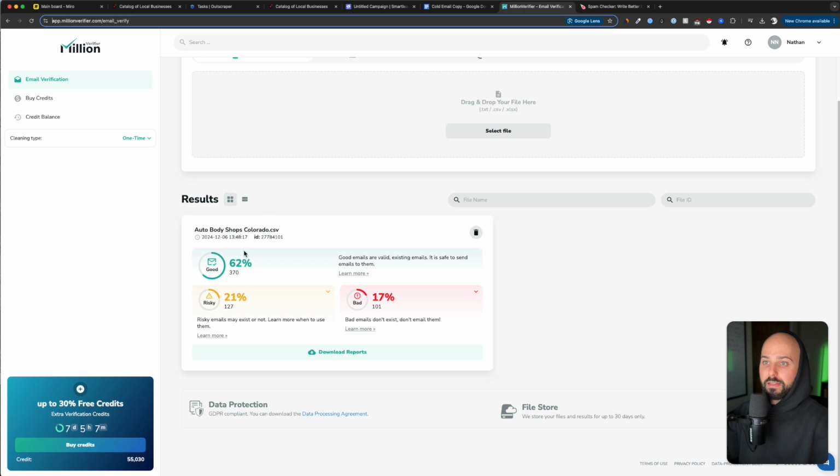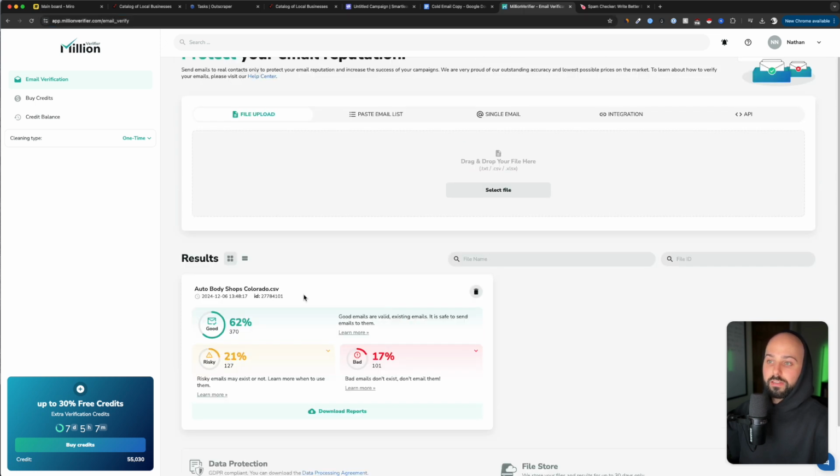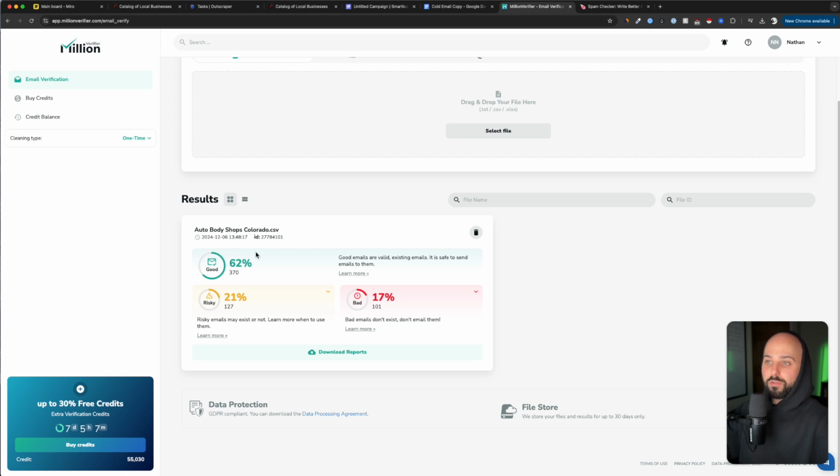I already went ahead and pulled this specific list. So you just drop the CSV file right in here. It tells you how much there is, and then it's going to do it for you. It takes about 10 minutes or so, depending on the size of your list. So mine took about 10 minutes. I got it back. You could download the report, but you can see right over here, I think it had like